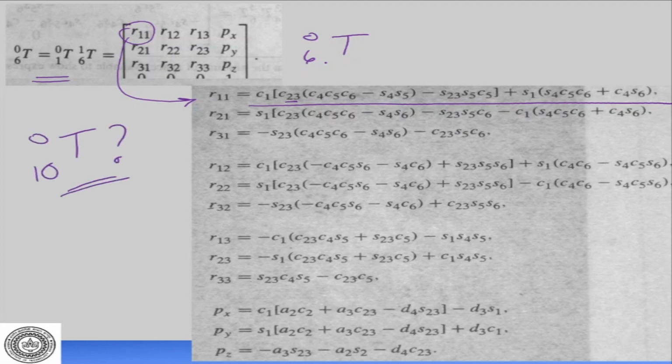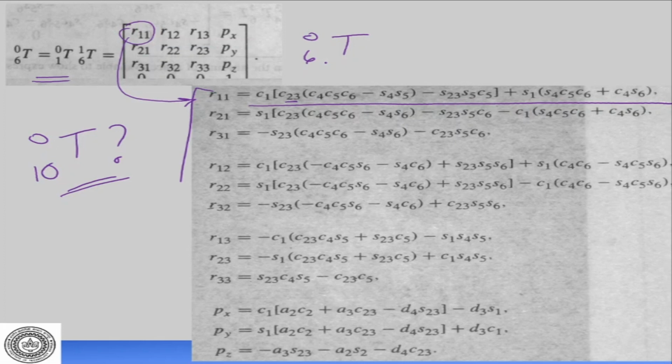Now if you look at the expressions, R11, R12, R13, R11 is this one. So you can see that it has become a very, very long expression. It is cos theta 1 bracket cos theta 2 plus cos theta 2 plus theta 3, again bracket cos 4, cos 5, cos 6 minus this. So you can see that the expressions become very, very long. Now if you have a 10 degree of freedom system, you're trying to do 0 to 10, you can imagine how long the expression will become. So this is basically to show that there are sine and cos terms and they appear in all kinds of combinations.